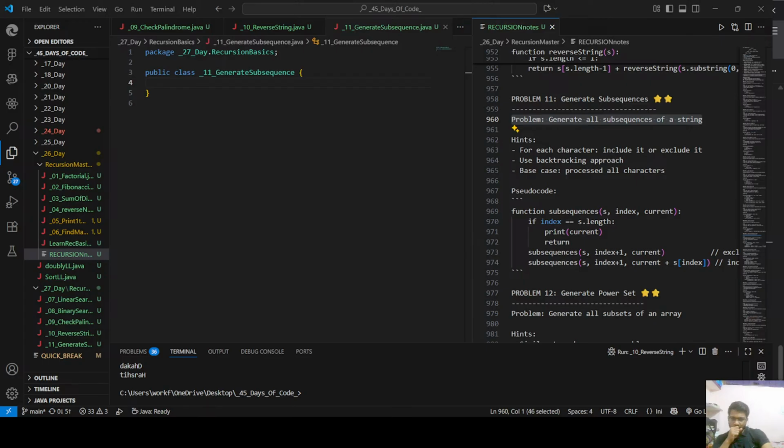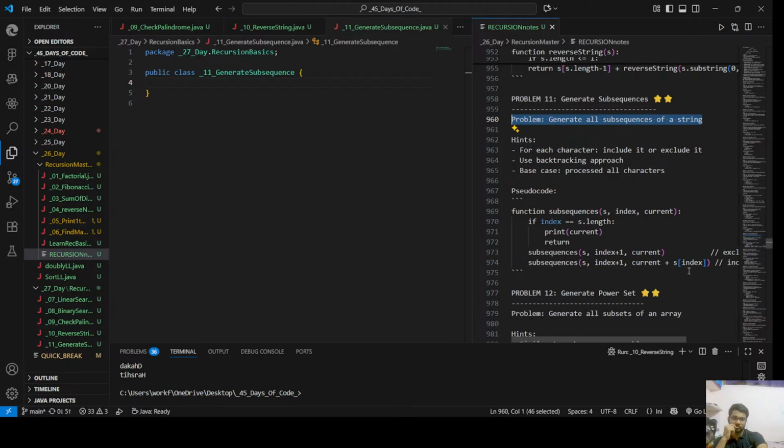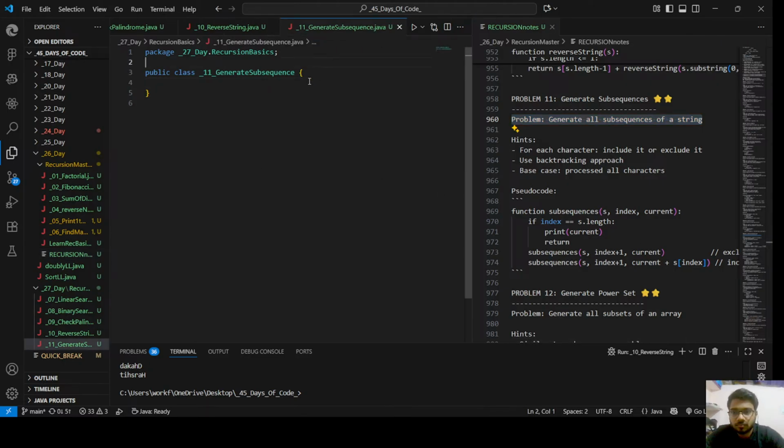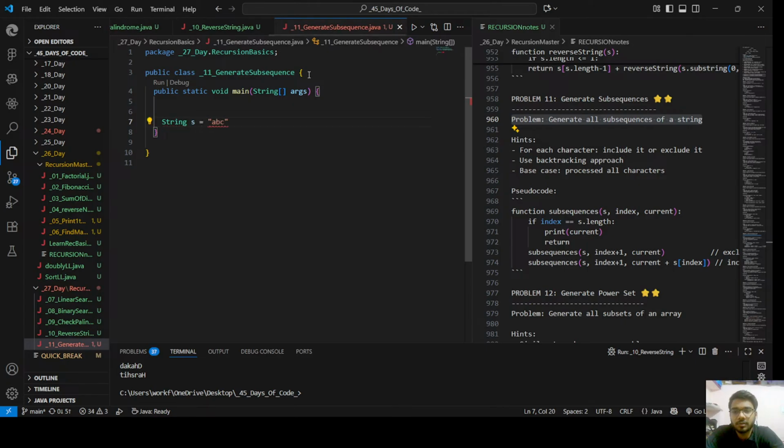So what we actually have to do in the problem. Let's say given string S is equals to ABC. And then we need to generate all the subsequences. With that, let's create a method